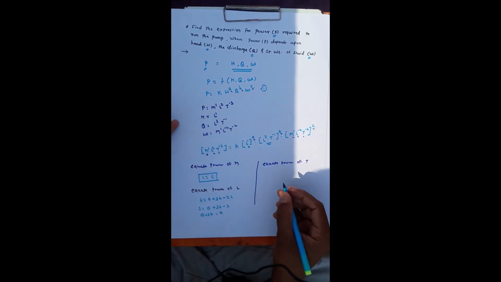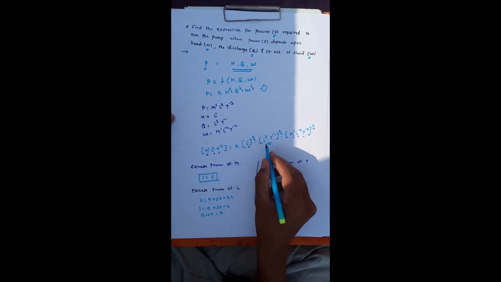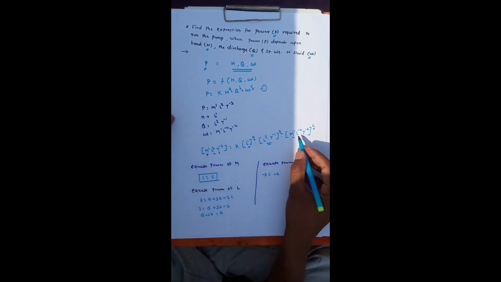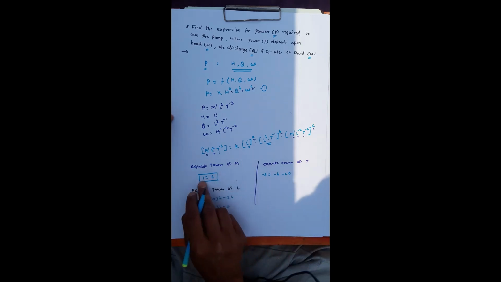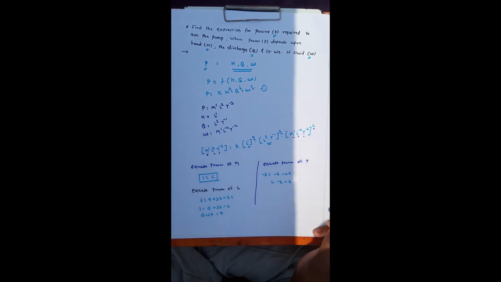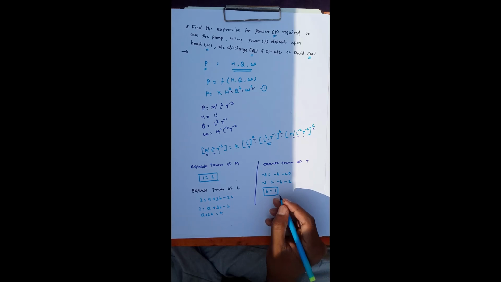If I equate the power of T, the left hand side power of T is minus 3. Here the T term is not there, here the T term is present, that means minus 1 raised to B, that is minus B. T raised to minus 2, power is C, so minus 2C. As we know that the value of C is equal to 1, put the value of C: minus B minus 2 into 1, that is 2, so minus 3. So if I take the B term to the other side, B will be equal to 3 minus 2, that is equal to 1. So I am getting the value of B as 1.